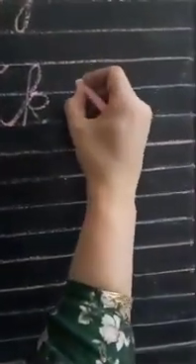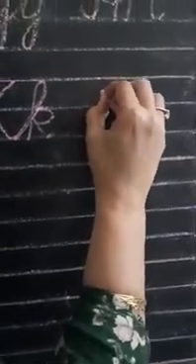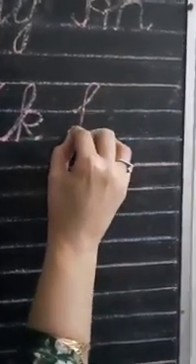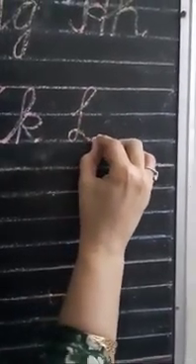After joining K, it comes joining L. For joining L, go up with a slanting line and take a turn, come down, then make a loop, touch second blue line, then go up and cut on the line and make small l. This is joining L. Okay, joining I, joining J, joining K, joining L.